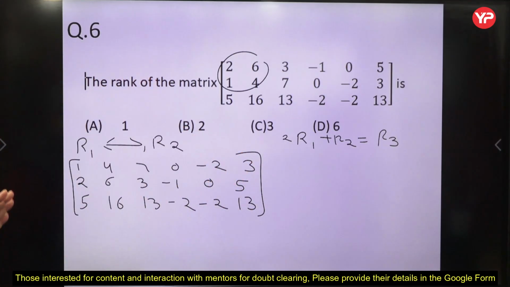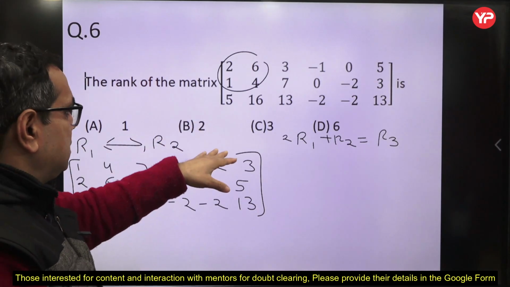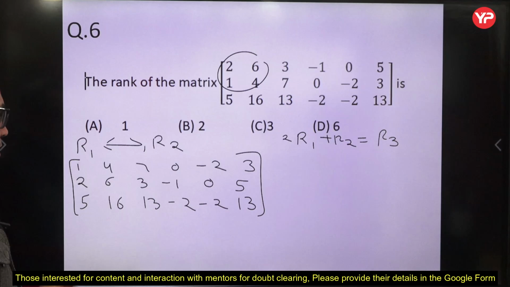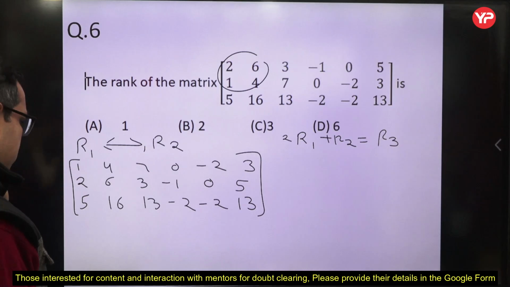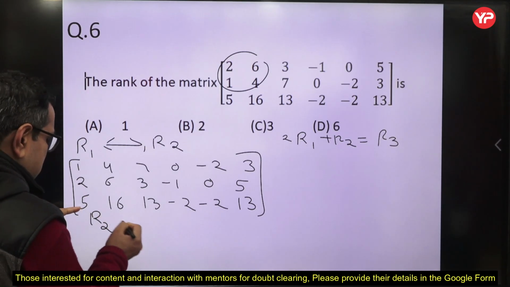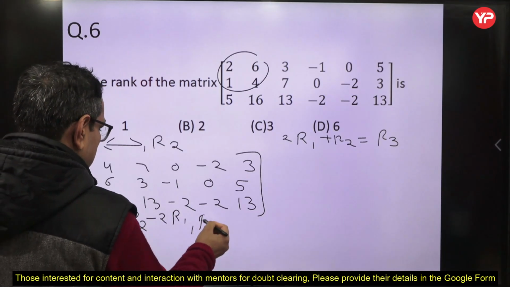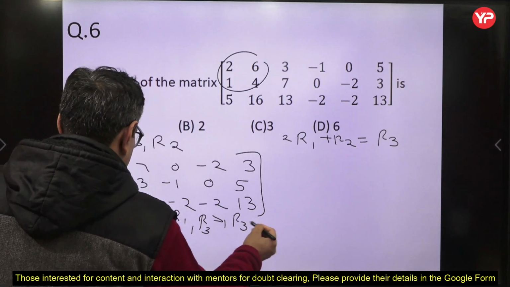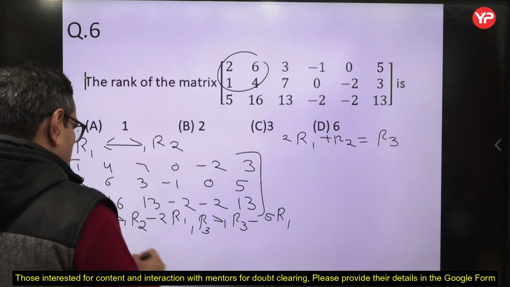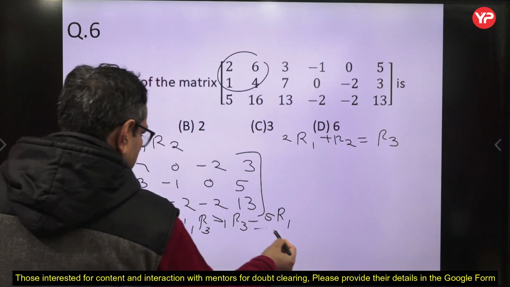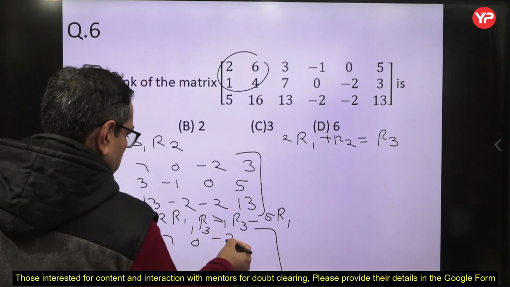Directly you can compute. Now another approach which I was telling you, you can use echelon form also. Directly we have got the answer 2, but another approach is that you interchange these two rows. Now you make 0 here and 0 here. So you can apply the elementary operations R2 as R2 minus 2R1 and R3 as R3 minus 5R1. So what we observe, the new matrix becomes, if we write the new matrix now, the first row is same: 1 4 7, 0 minus 2 3.